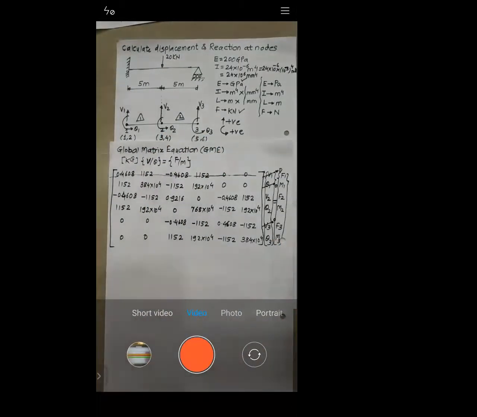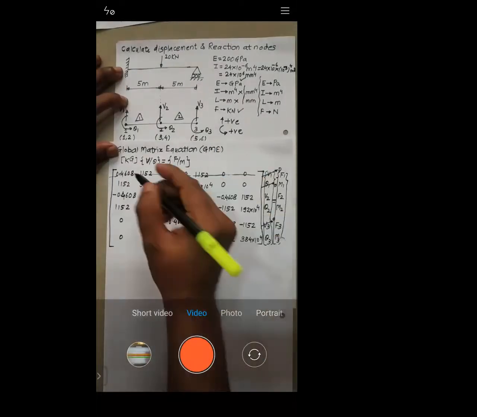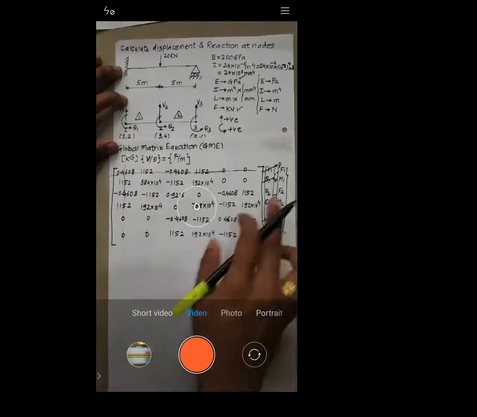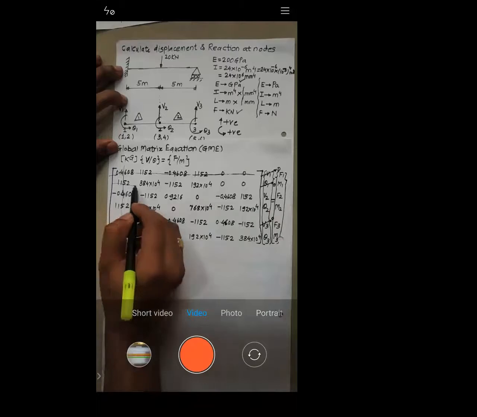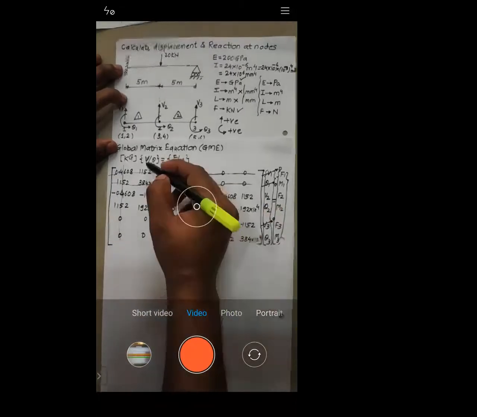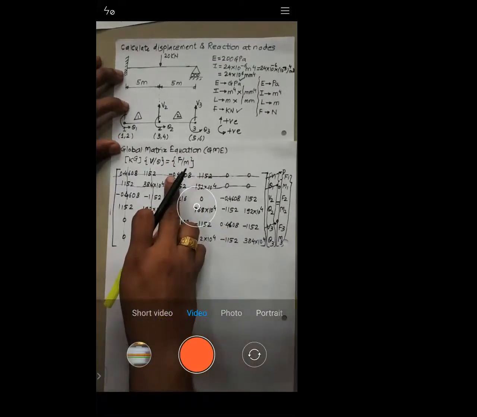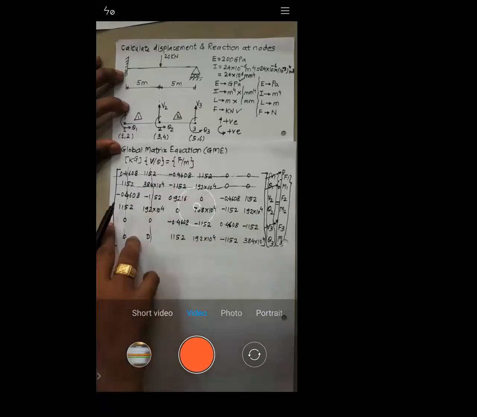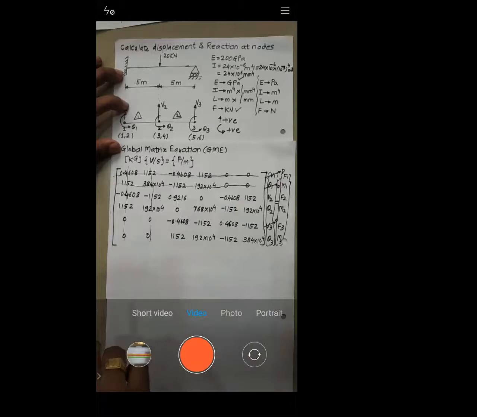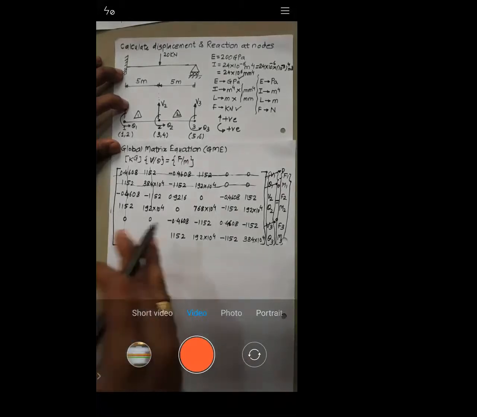Okay. So see, when V1 is 0, the first row and first column I will cancel. Similarly, theta 1 is 0, so I will cancel the second row and second column. Be careful while cancelling, because the minus sign is important. Wherever there is a minus sign, it is important, because further we need to use this equation for the calculation of reactions. So don't erase in such a manner that it is not readable afterwards, because afterwards you need to use that.